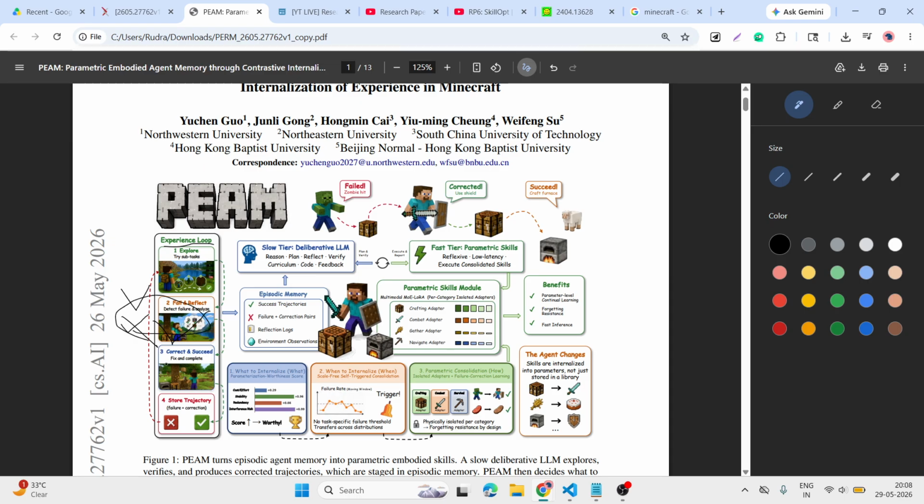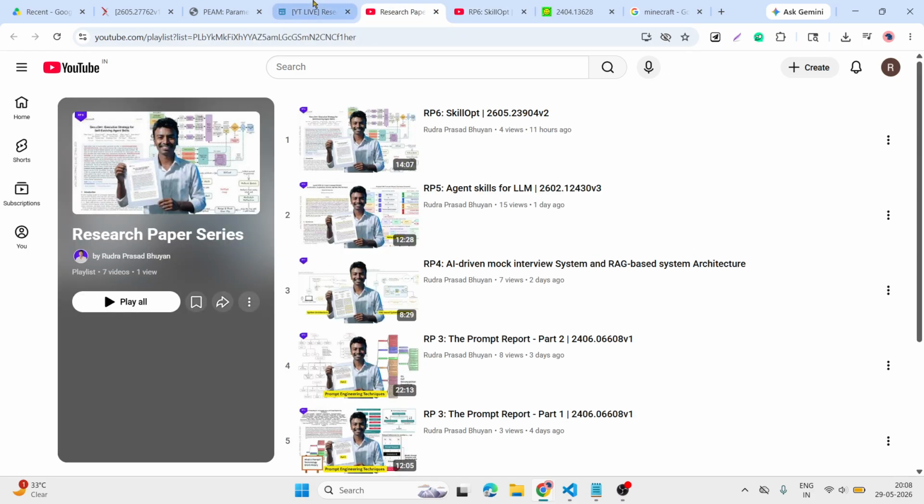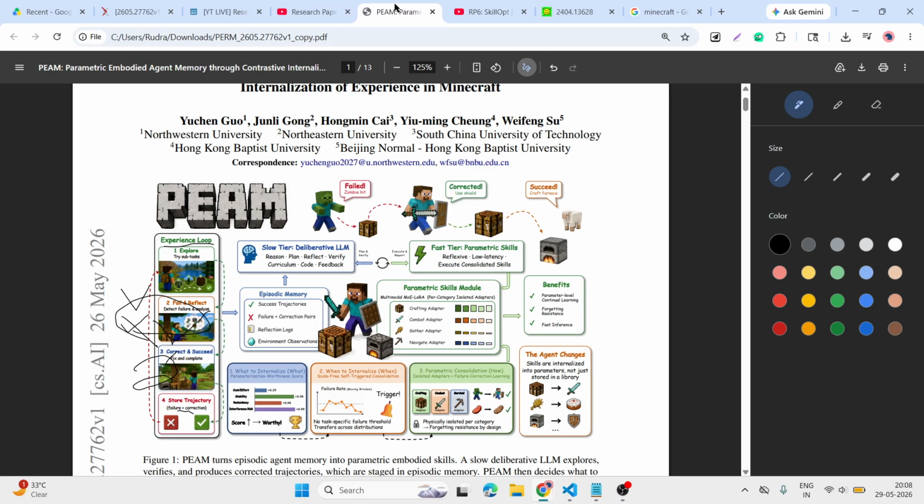After it knows which is working and which is not, we go through the trajectory. Here we check each step, but in this paper they are telling how this is evolved.